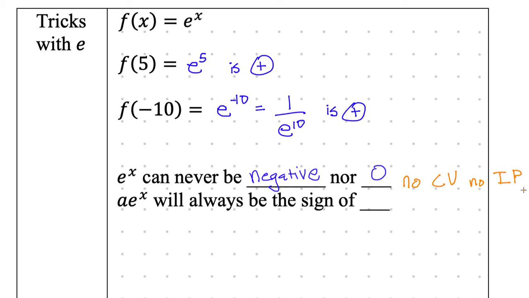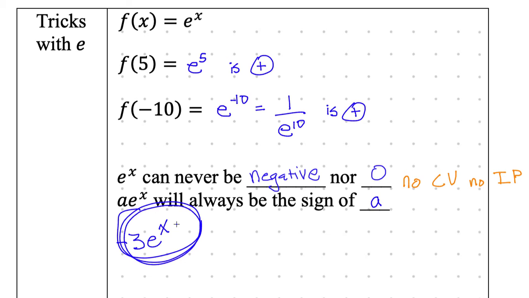Okay, let's say we don't know the sign. Let's say we have a times e to the power of x. If a is positive or a is negative, that will always affect what e to the power of x is, which means a times e to the power of x will always be the sign of a. I'll change that to blue, which is super helpful. So if it's a negative, then negative. So if this is like negative 3e to the power of x, this is always, always, always going to be negative,